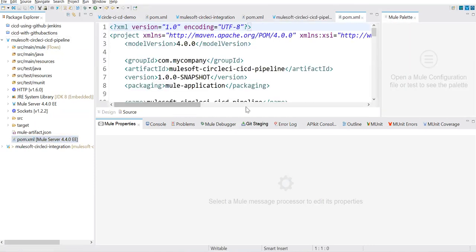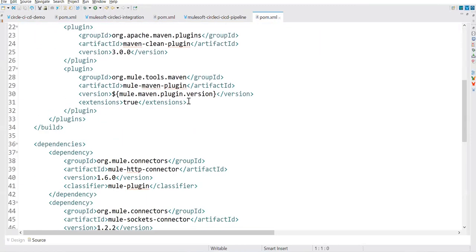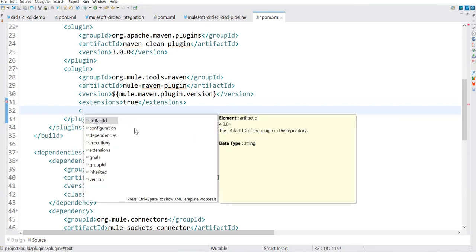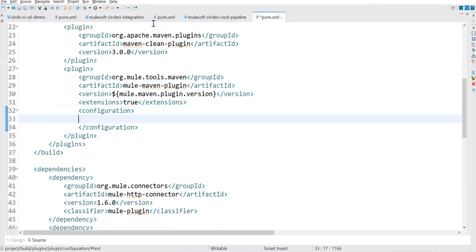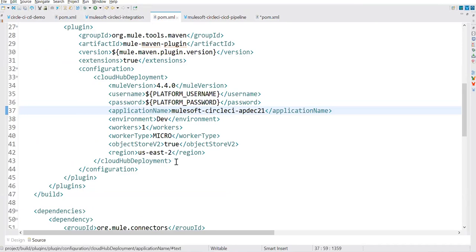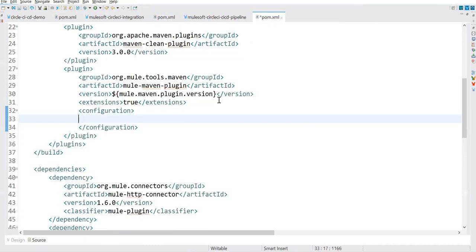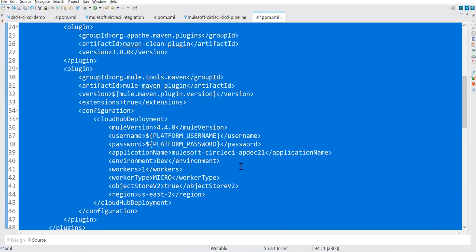In pom.xml, we'll configure the Mule Maven plugin and give information about our cloud. Okay, let's go ahead. Let me maximize it. Here in the Mule Maven plugin, we'll be adding configuration, and in the configuration we'll be adding CloudHub deployment details. Let me copy that from the other project which we already used for our other sessions. Control C. I'm not doing anything new over here, so let me Control A, Control Shift F.